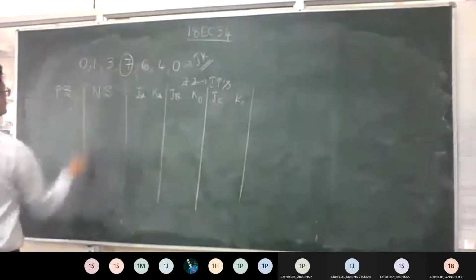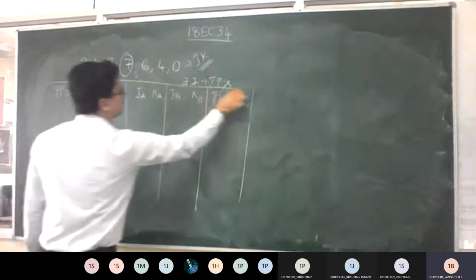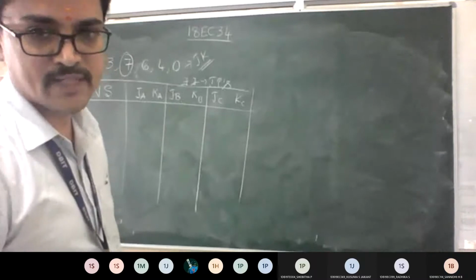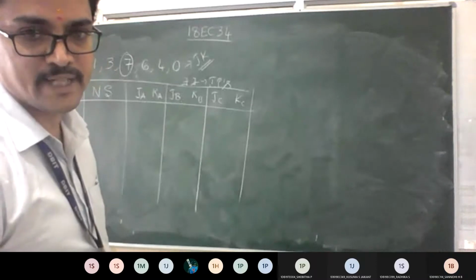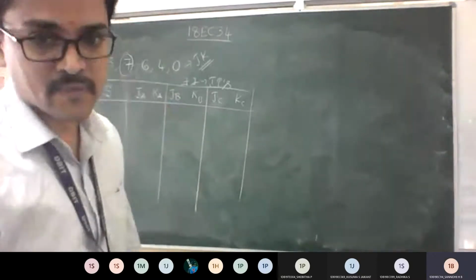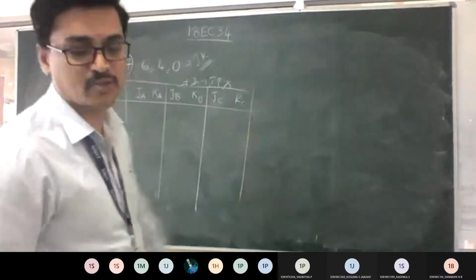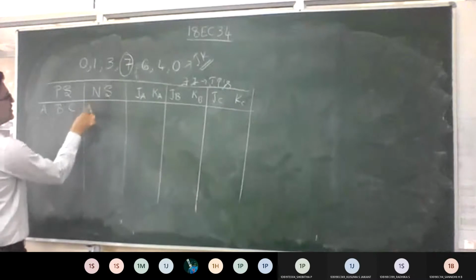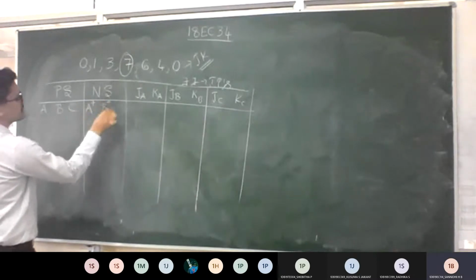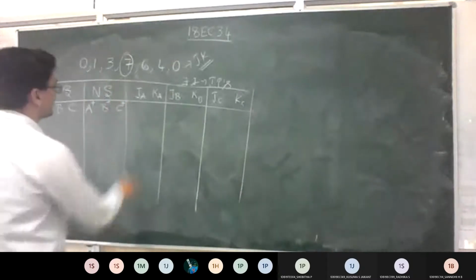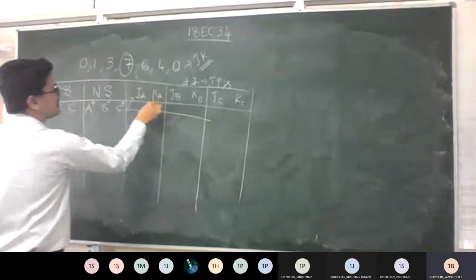So this is the thing you can find in the truth table. How many states can you take in the present state? How many variables? 3, because we found n is equal to 3. So we can stick with A, B, C. So what will be your next state? The designation will be A plus, B plus, and C plus. So you can write this column here itself. Okay, here we can mention this.